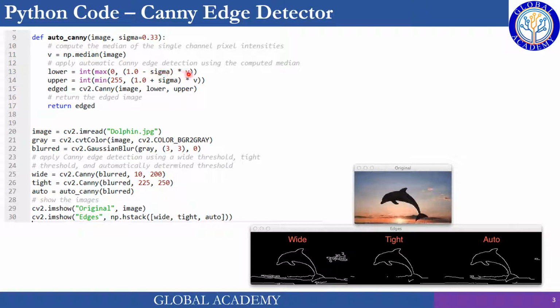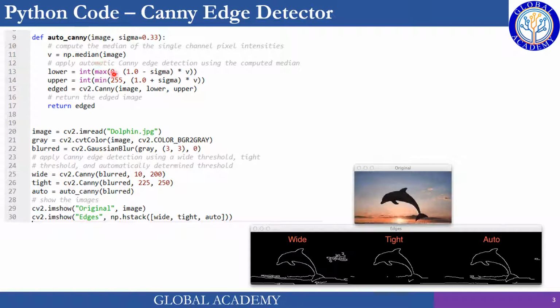So 0.67 of the median value, and similarly 1 plus 0.33 is 1.33 of the median value. So that is like selecting some middle value. Median is the middle value, and then we take 0.67 to 1.33 of the median value. There is a possibility of getting some negative value or a value greater than 255.